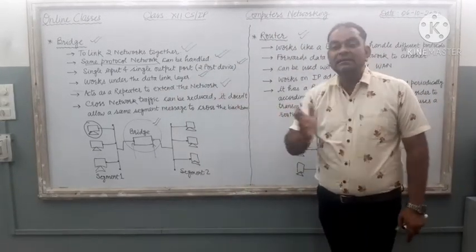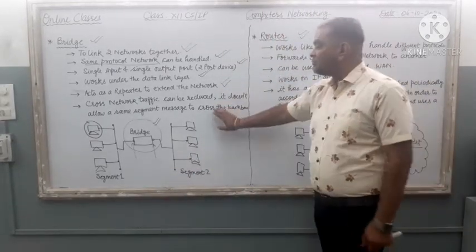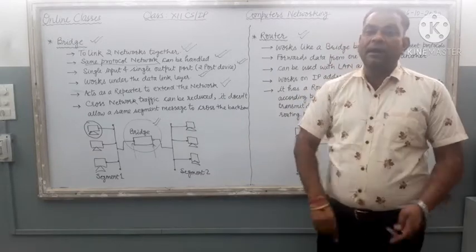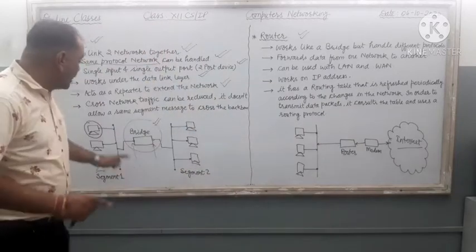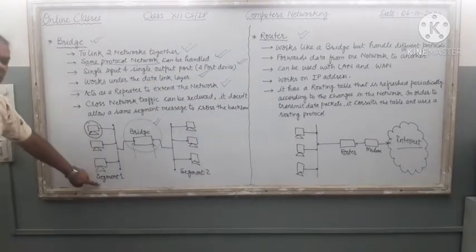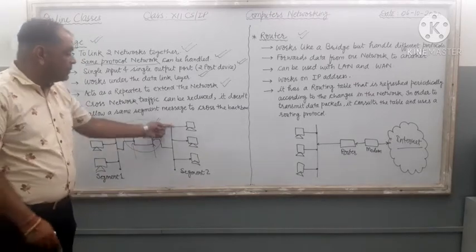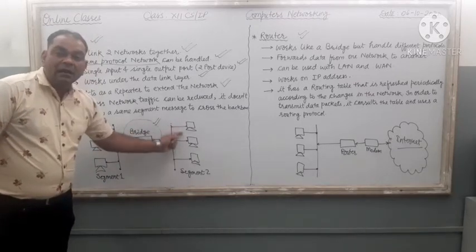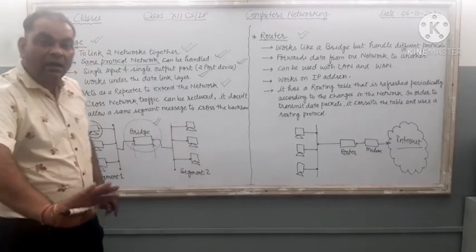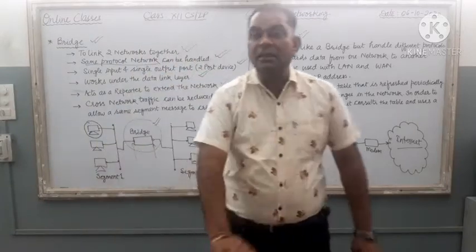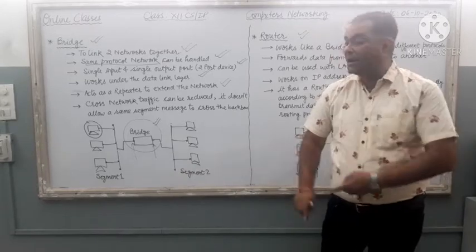So, bridge acts as a repeater. It has a repeater already installed in it. Clear? Next one, the most important point related with bridge. Just check the diagram. Here, 2 different network segments are there. Segment 1, suppose it is our senior computer lab. Segment 2, suppose it is our junior computer lab. Internal networking is there. Already we have connected senior lab computers with each other, and junior lab computers with each other. Now our work is how to connect these 2 segments.